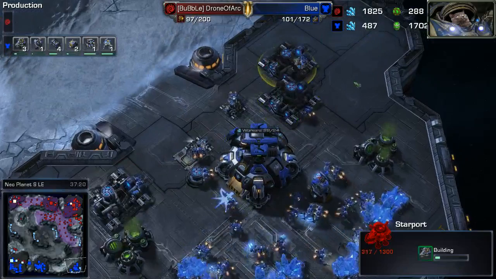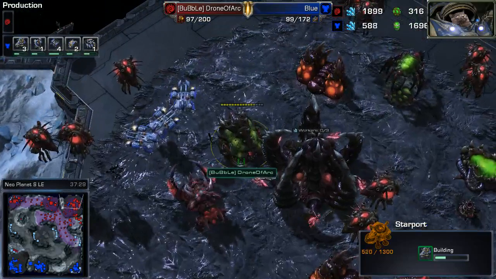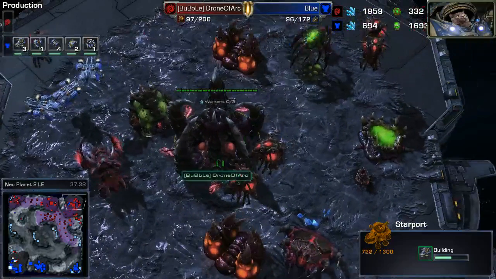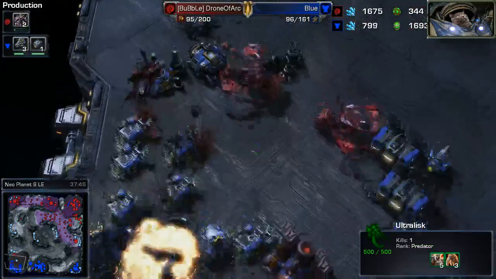Both players have a decent amount of bank. One 18k in minerals, one 16k in gas, which you can actually spend in a variety of different ways as long as you have the tech. And it looks like DroneOfArc has kept his tech alive back at home. Quick thinking from an Ultralisk has managed to succeed in keeping everything alive except for that Spire, which is unfortunate